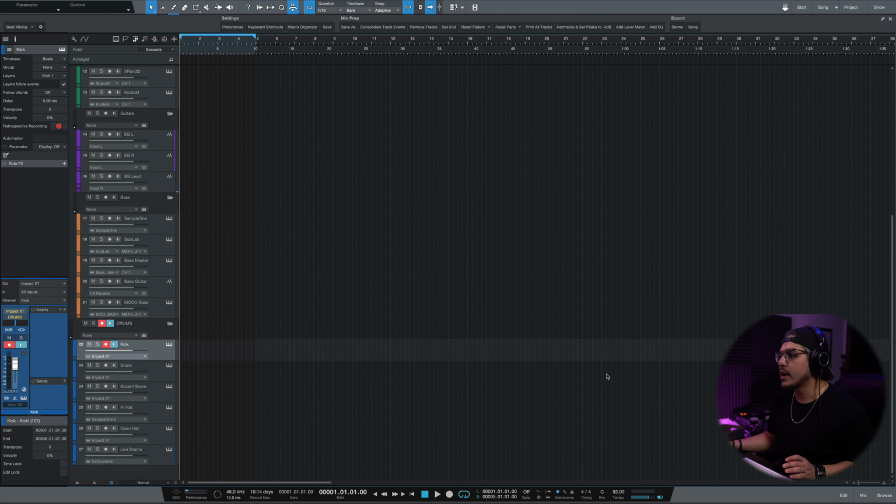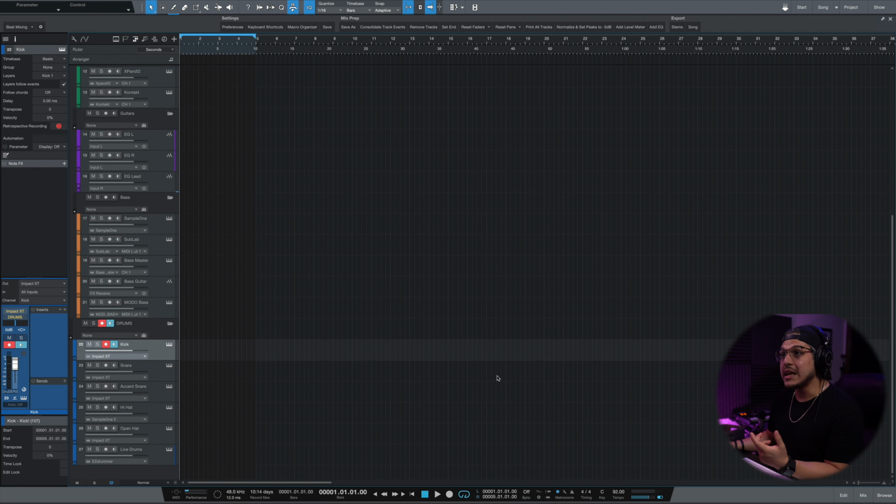All right, so jumping into Studio One, I have my tempo set at 92. Anywhere around this kind of BPM will work, but I have mine set at 92. Now, as far as the key goes, I don't know yet. I have it set at the default C for now. We'll figure that out a little bit later, but the first thing that I wanna do is start out with